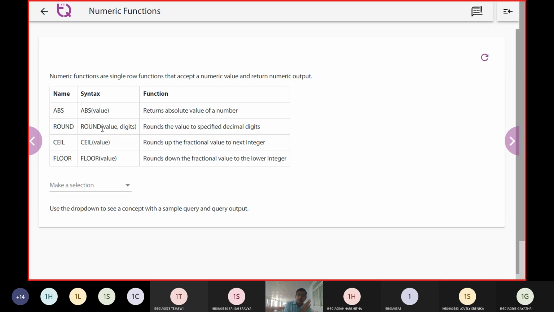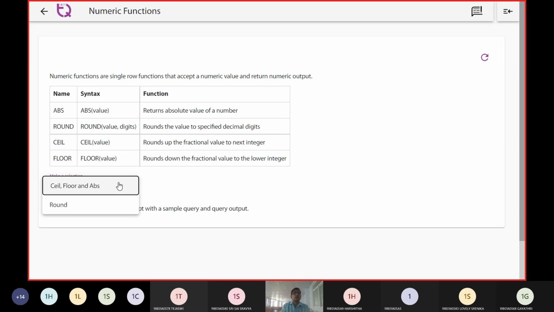Round: if it is less than 0.5, it goes to the lower half. If it is greater than 0.5, then it is going to move to the next half. Then ceil, which is going to round up the fraction value to the next integer. We have a decimal part and we have a fraction part. The fraction part is going to be operated on with this ceil function. And the floor function moves downwards, whereas the round function moves to the upper end. So let us see these two again.